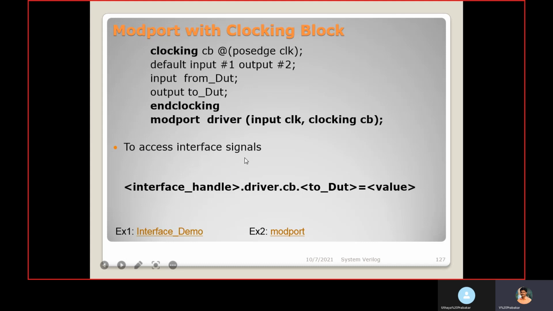If you want to access the interface signals, assume that inside the interface block you are using a clocking block as well as a modport. Now, if you want to access a particular signal inside the interface, through the interface handle dot this modport name dot the clocking block name dot that signal. So likewise, you need to access.